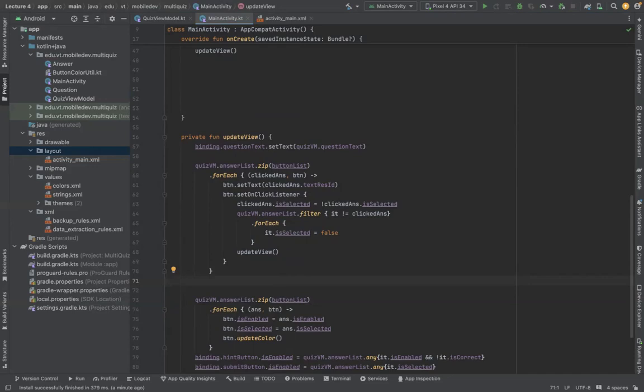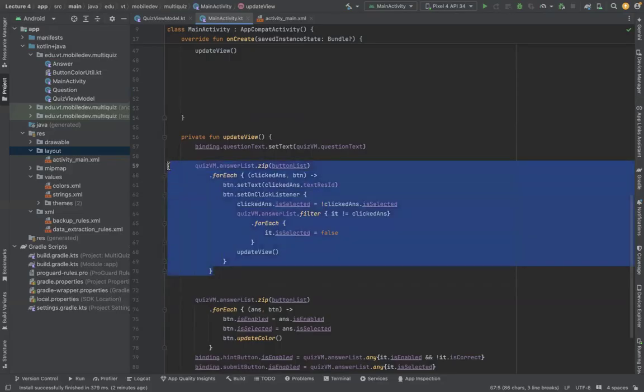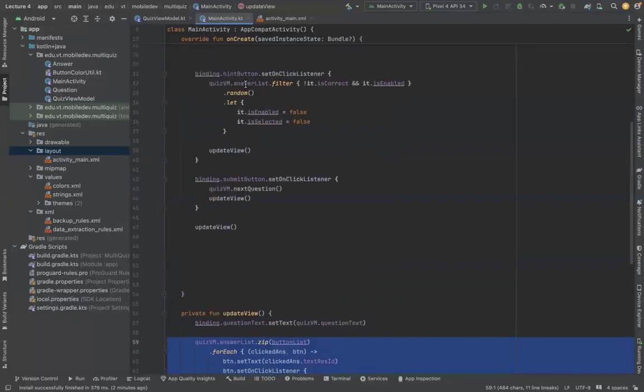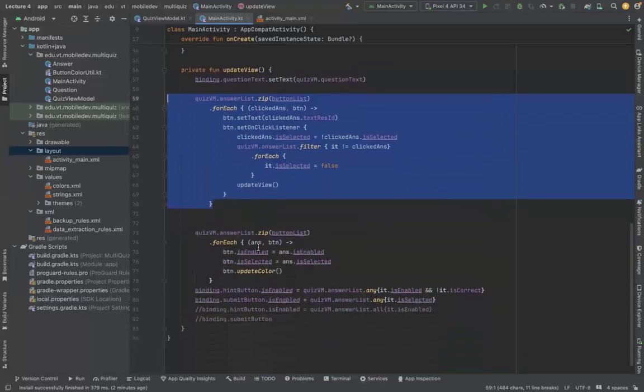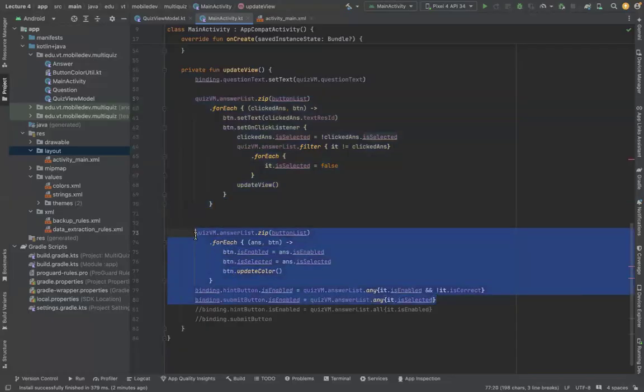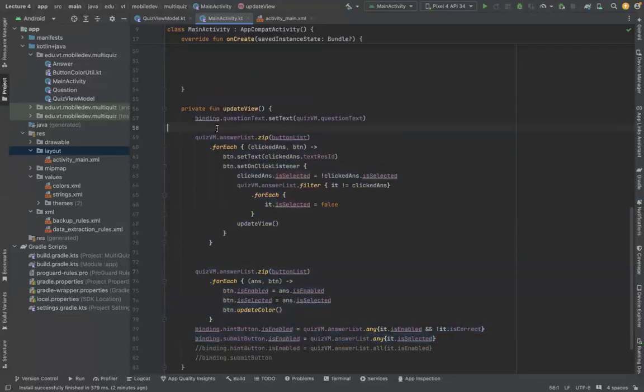So one thing you will notice is we don't need to zip this all the time, and then it's listening for the answer, listening to be clicked all the time, right? This only has to be done when the submit button is clicked. You don't have to do this when someone is clicking the hint button. The only thing that has to be done when you're clicking the hint button is this code, right? So basically we can create a Boolean in this function called, say, question update, and then we can say something like a Boolean, right? And then we can say if